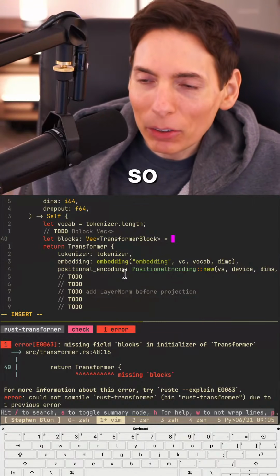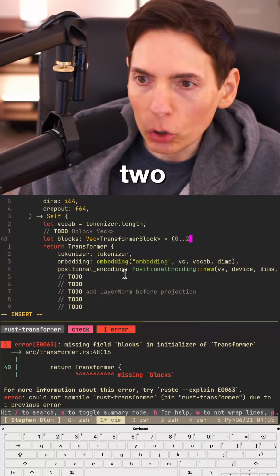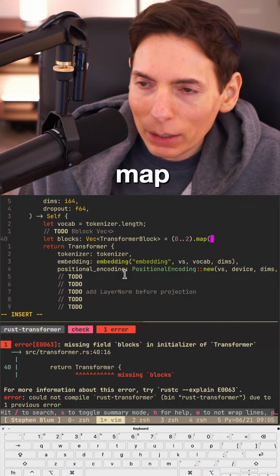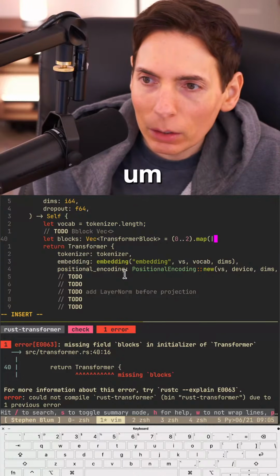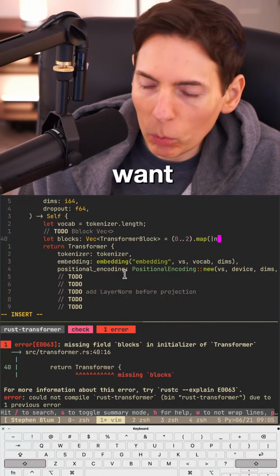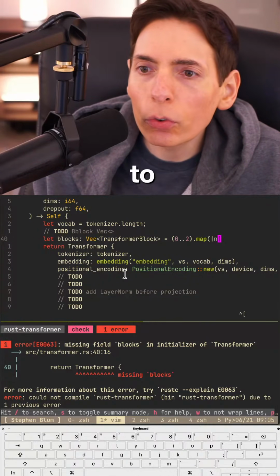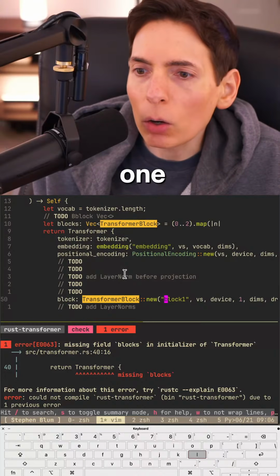Love it. All right, so we do a range. So 0 dot dot, we'll say like 2. We'll do 2 blocks. Yeah, just 2 blocks. Dot map. And we'll just say in, because we want the in. And then we need to transform a block. When we do a new, yeah, it says block 1, perfect, okay.